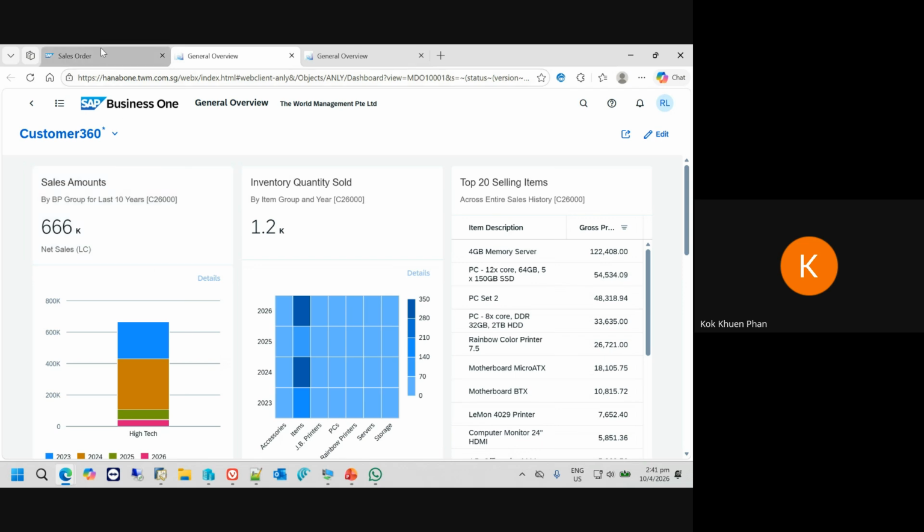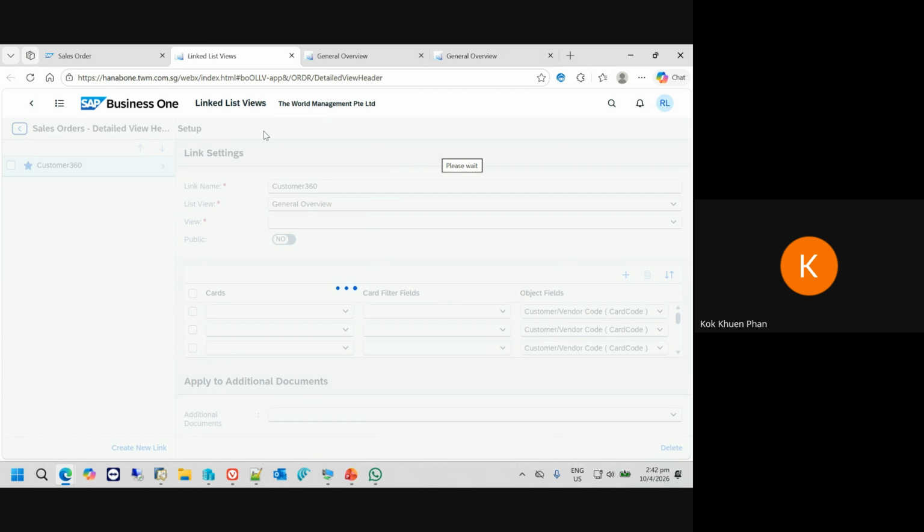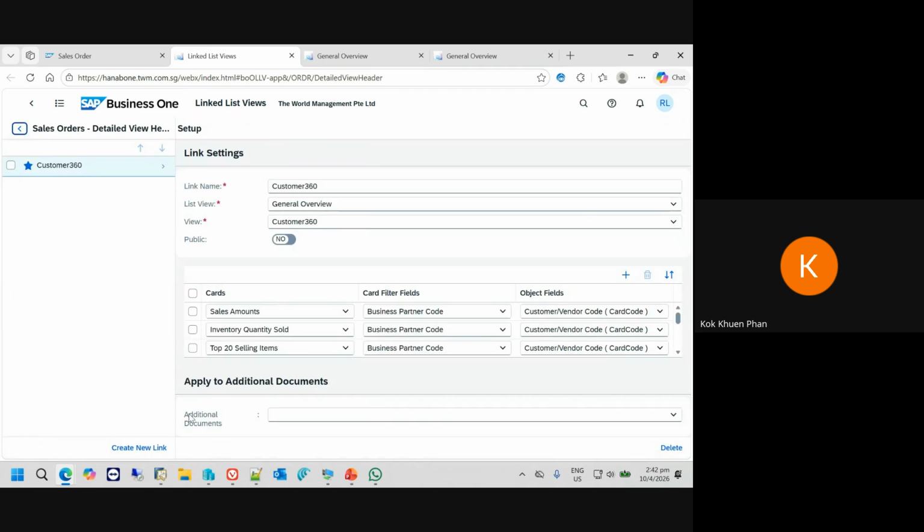Okay, so the next question is, how do we actually build this? It is actually quite straightforward, and an end user like yourself can easily build it as well. Let's assume that I want to view information about the customer, not the customer 360, but I want to get a full list of the AR invoices that I billed to this customer before. So I can then click on the views. I can go to manage. The system will bring you to the linked list view maintenance window, where I can create a new link,